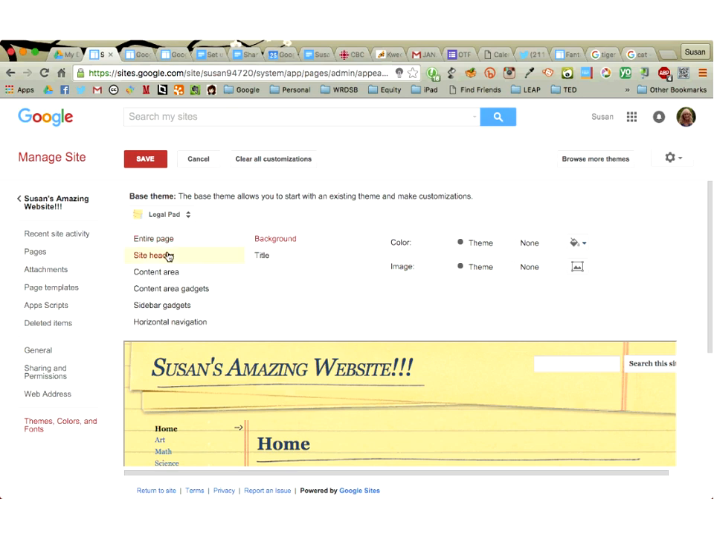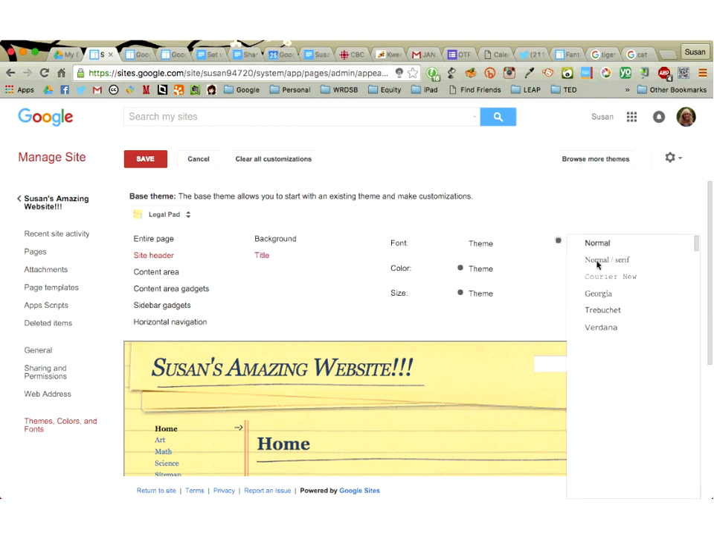If I want to change the site header, which is this section here, I can choose a different background, I can choose a different title, color, theme, and so on. I can change in the content area all of the different sections of the content area. So you can see that every area has different options for how you can change things. So in my site header, let's say I don't want that theme, I want to have a different